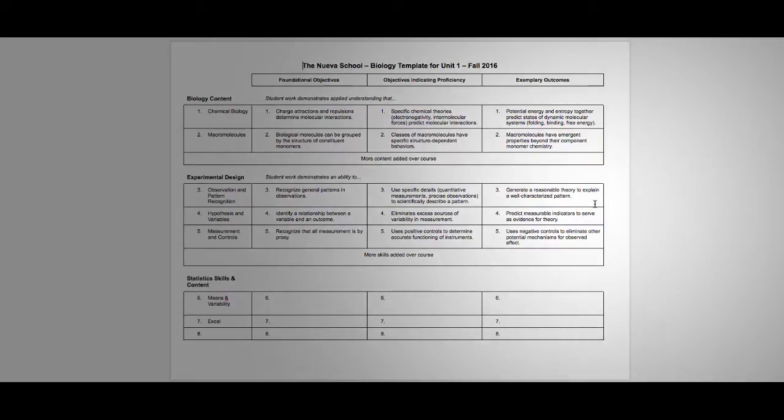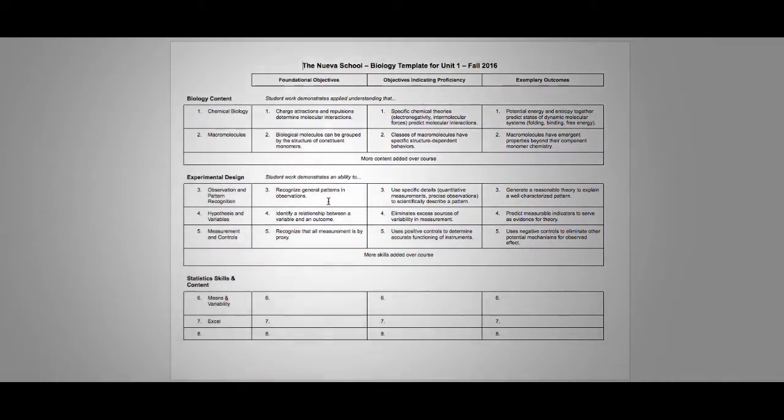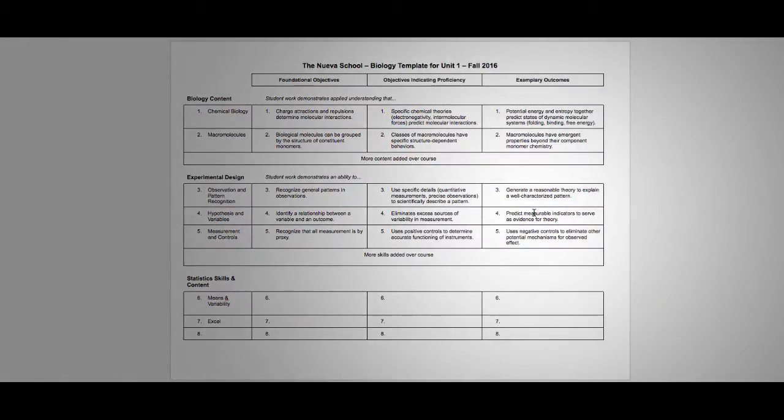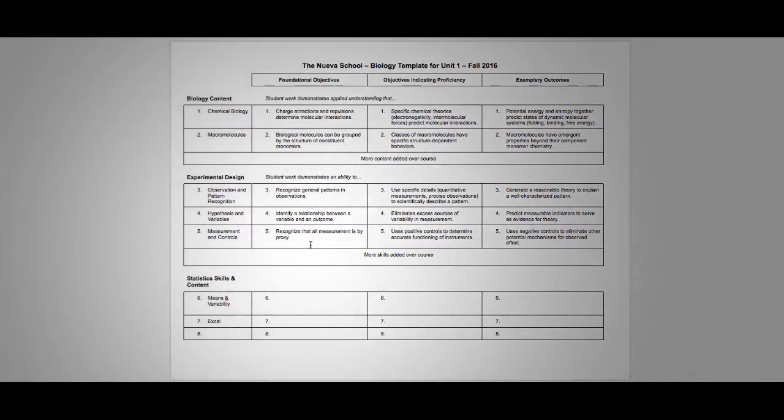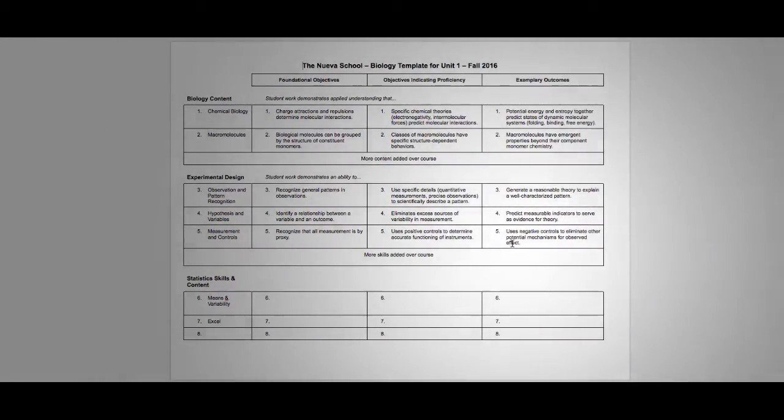Once I've got that kind of theory going, I start to design an experiment in which I identify the one thing I'm going to change. Well, if my partially negative oxygen is attracting to my partially positive hydrogen, and that is what is driving the interactions, then a partially negative oxygen will not be attracted to a neutral object, which helps me to generate my theory and my experiment, and then a recognition of positive and negative controls, basically the ability to generate negative controls.